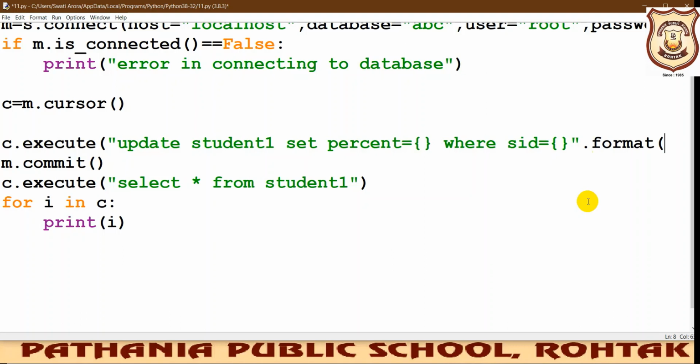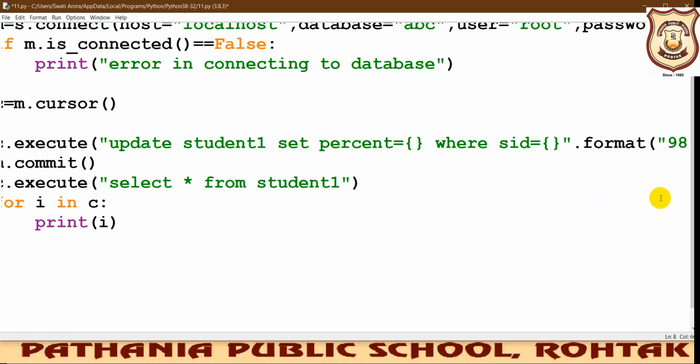What I'm trying to say is, if the percentage is 98, set percentage 98, rather I'll say 88, for SID 2. By mistake I put this, it should not be there in format.